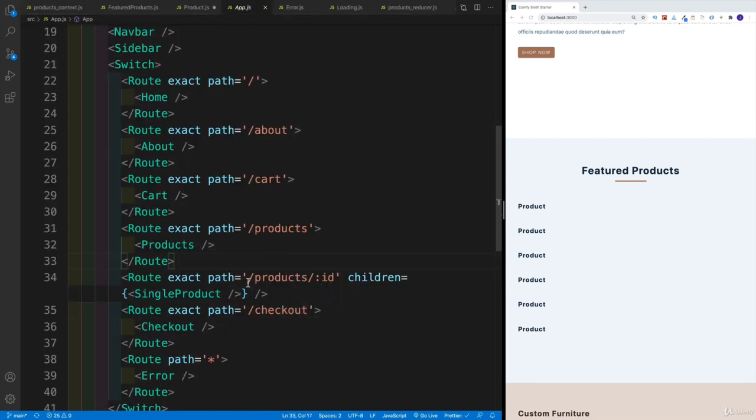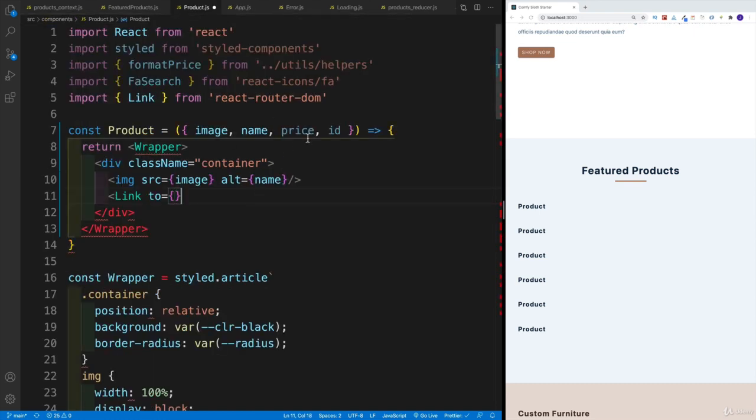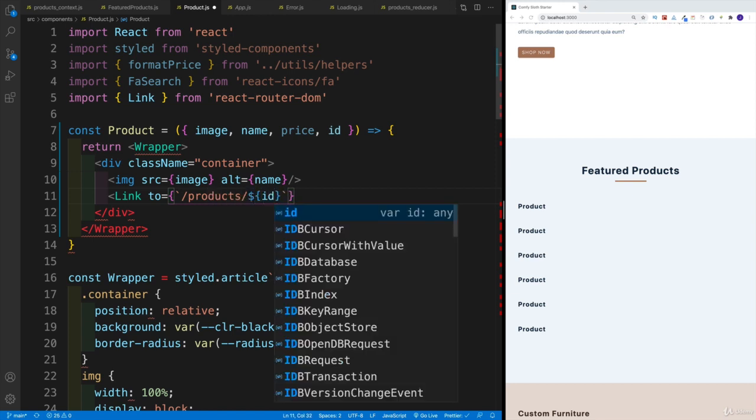Well, in my case, it was /product and then / and then the ID. So my URL parameter. And since, of course, for every product that ID is going to be unique, in here, we'll set up the template literals, and we'll say /products and then / and now I would want to access the ID.